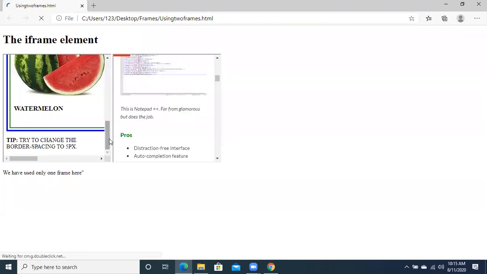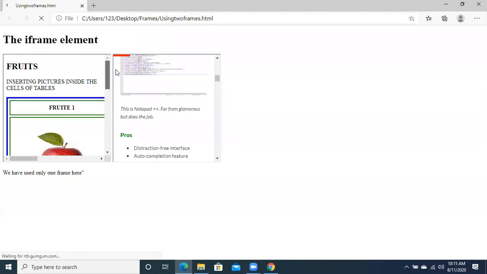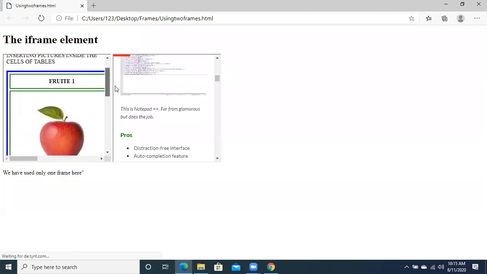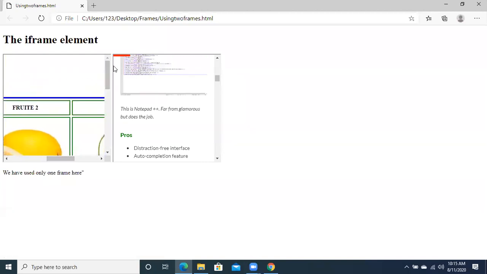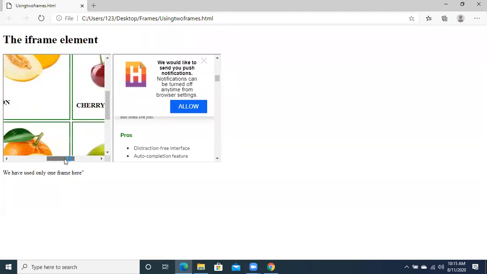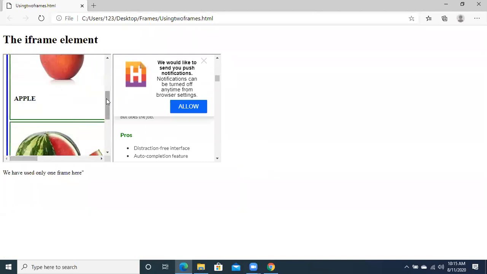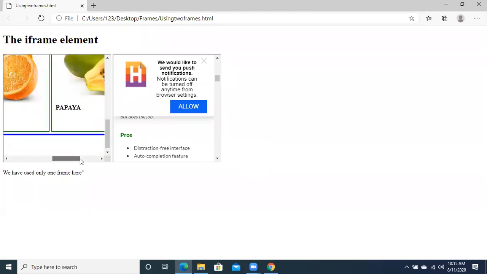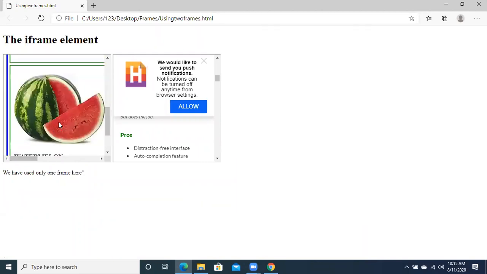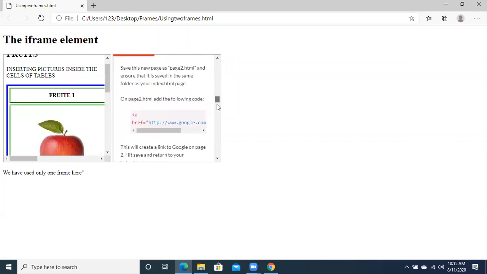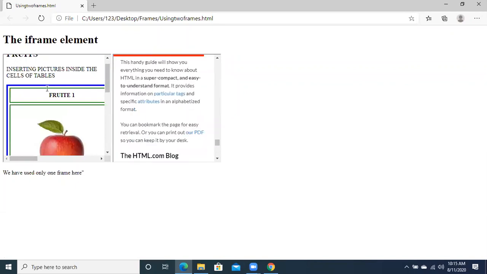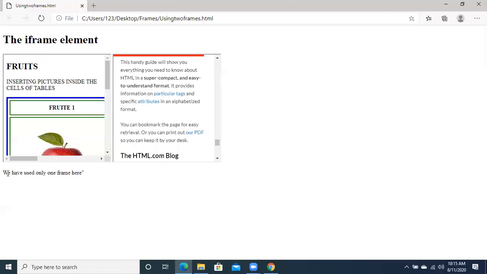So now there are two portions that I have made in my HTML document. One is the file having a table in which I have taken some fruits. Remember, this was the assignment that we had done in the previous chapter, when we inserted different fruits in our HTML document. And over here you can see that it is calling a complete website in this frame. There are two frames that we have used, not only one frame. I have written one frame over here, but it is basically two frames.